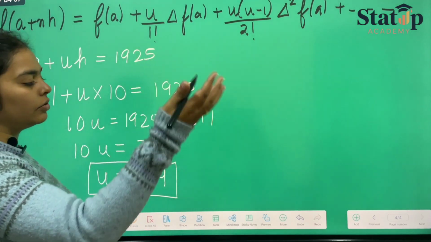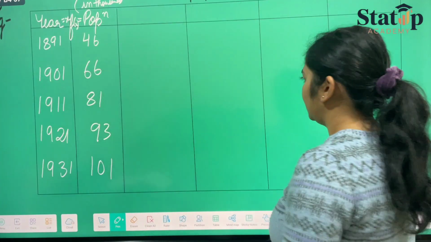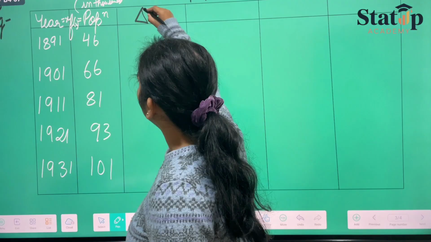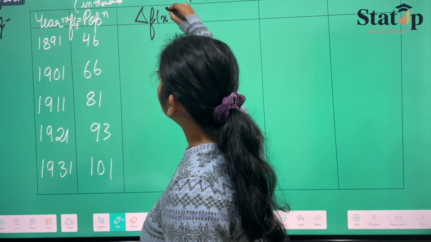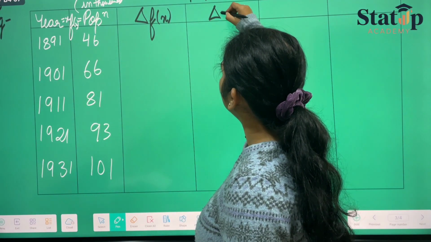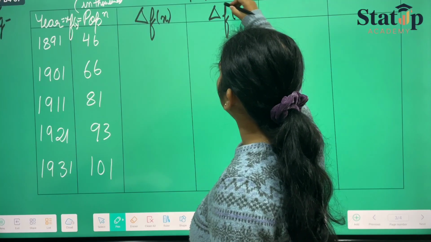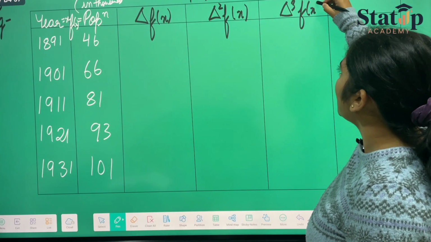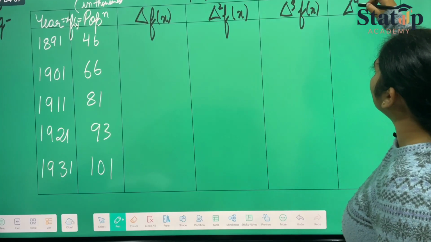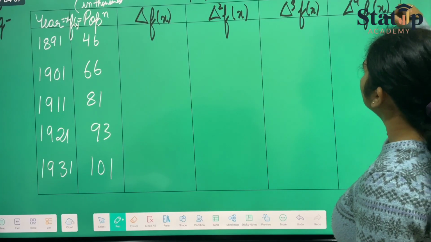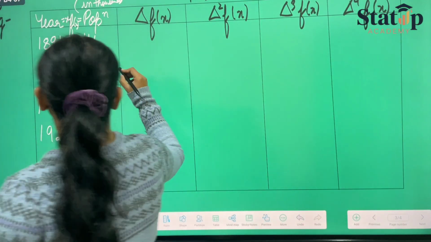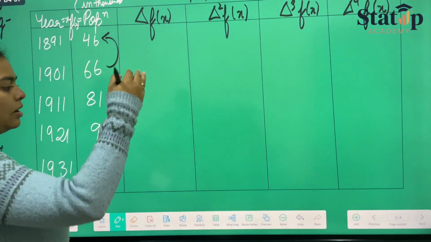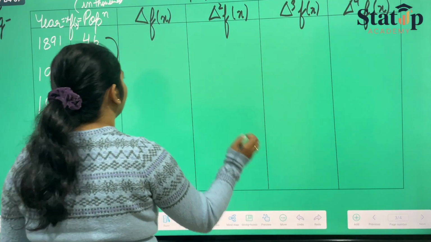Now we'll find out the deltas. We'll keep on finding the deltas until we get a constant term. So the first column will be of delta fx. The second one will be of delta square fx. Third will be of delta cube fx. And fourth will be of delta raised to the power 4 fx. Right? So the first difference will be 66 minus 46. The bigger one minus the lower one. So it will be